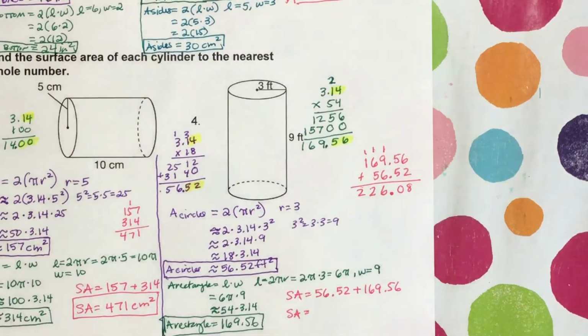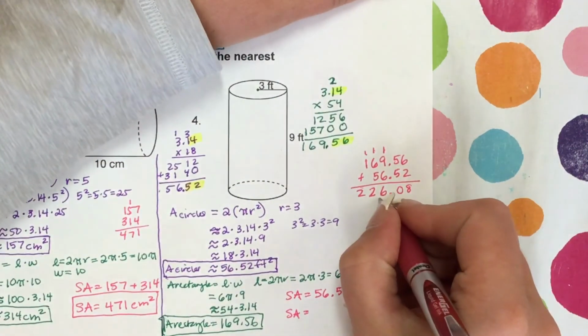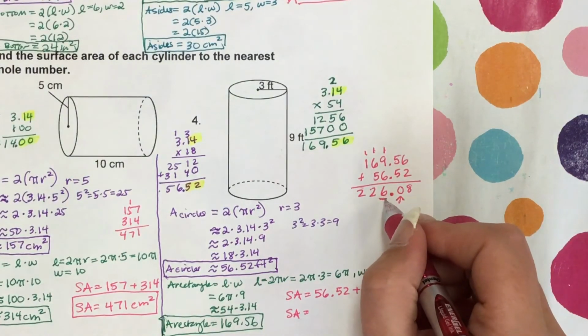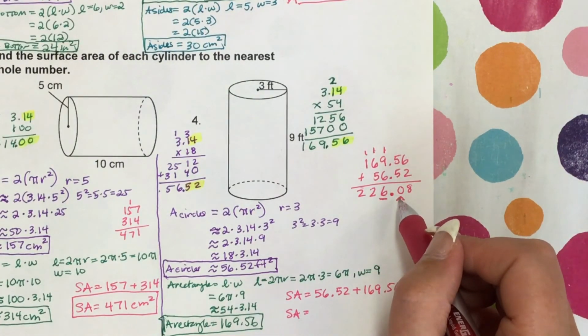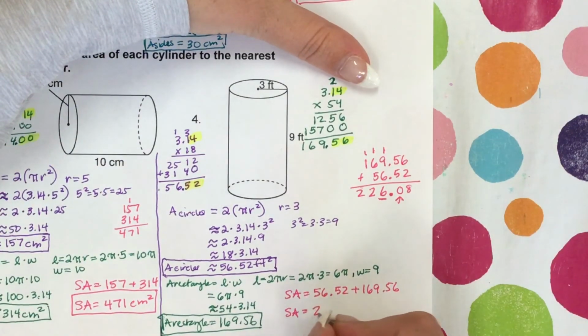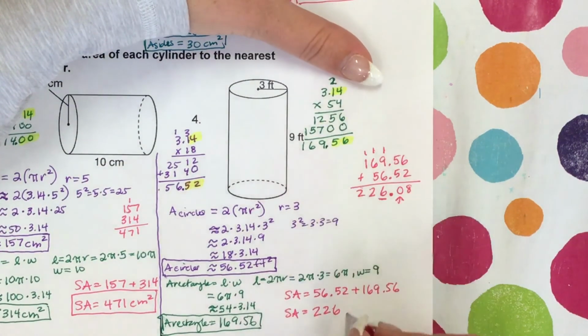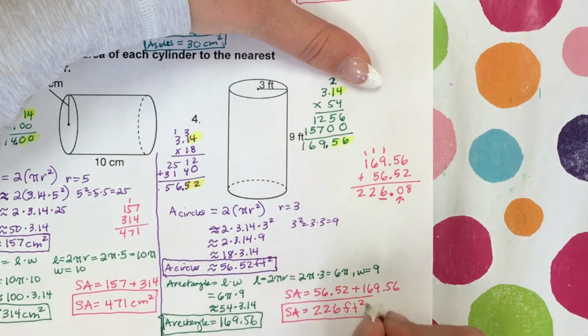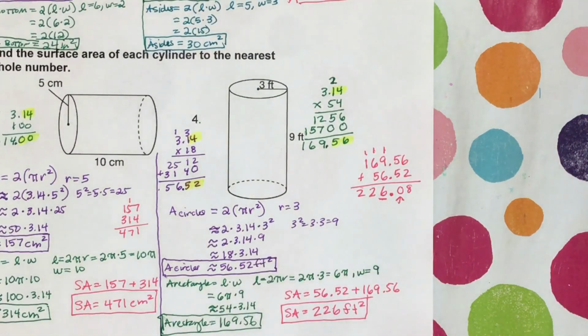So this would be the whole number right here. So we look to this number to see if we're going to round this up or if it's going to stay the same. And for it to round up, it'd have to be a 5 or above, and it's not. So that means it's just going to stay 226 feet squared. That would be the surface area. And if you got that right and showed all your work and everything, great job. Okay, let's move on to our